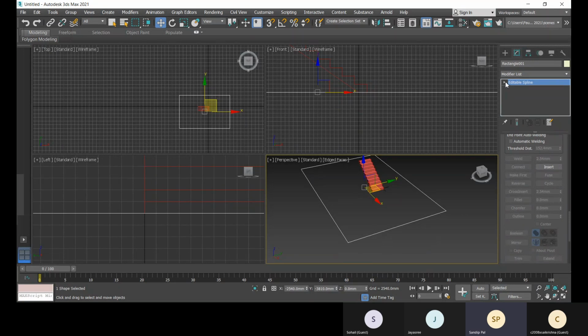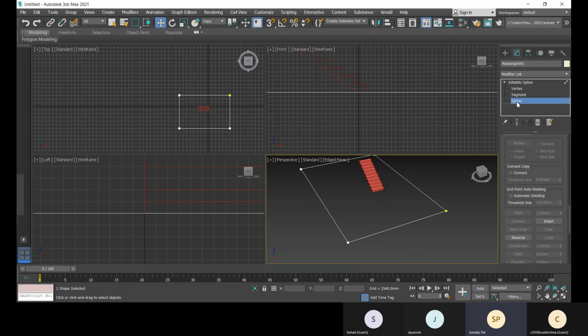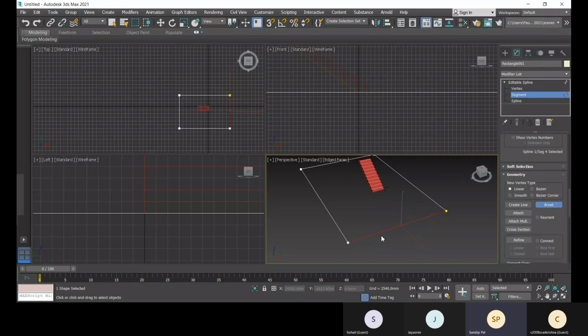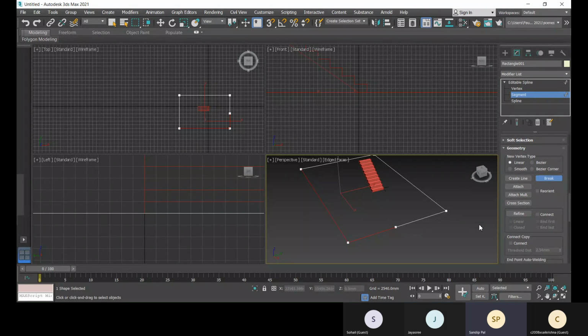For that I will select it, go to this editable spline, and in the spline option, it will give me the power to modify even after that: vertex, segment. This is segment. In each and every segment I can add vertexes also. If I break it, at this point it will break into two segments. This way I can add vertexes. I'll not do that right now.